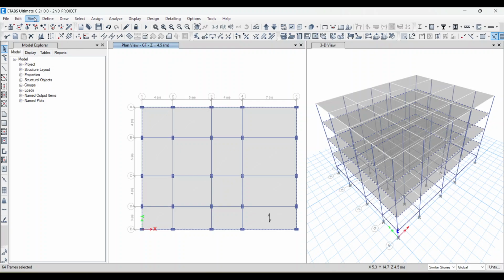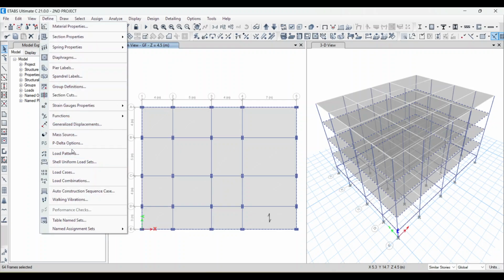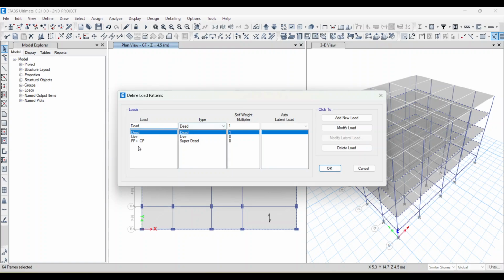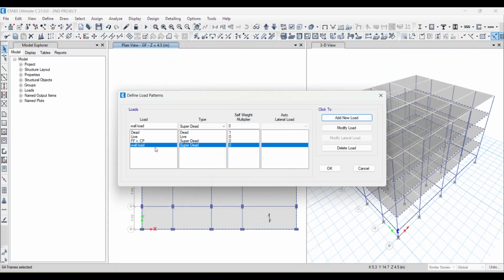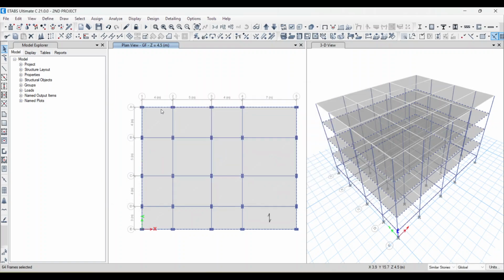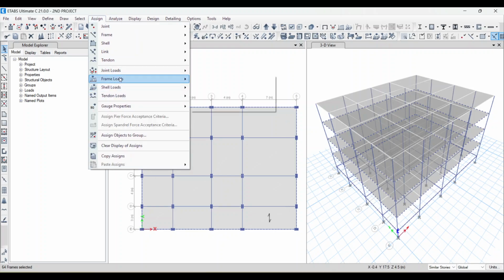Just load it. Go to define, go to load patterns, and from here you can define the wall loads. I will put in the super dead and click okay. Sorry, add new load. Click on add new load, and here you see the wall load is added. Just click on OK. And we just selected these external beams, and now we will go to assign, frame loads